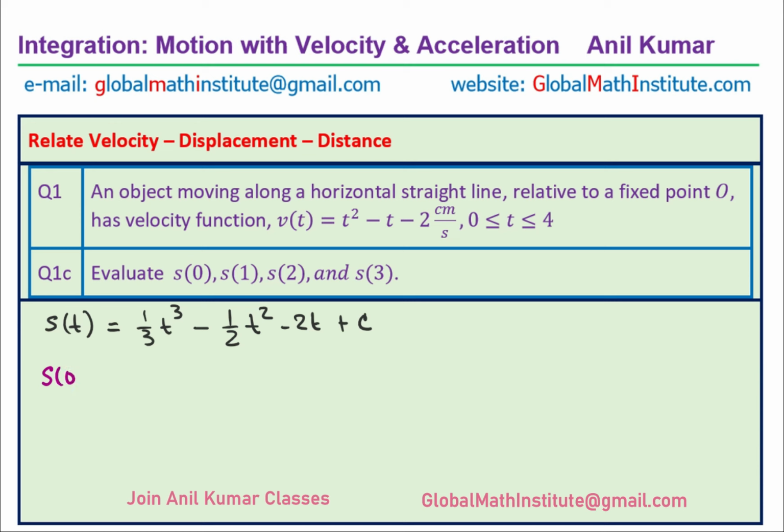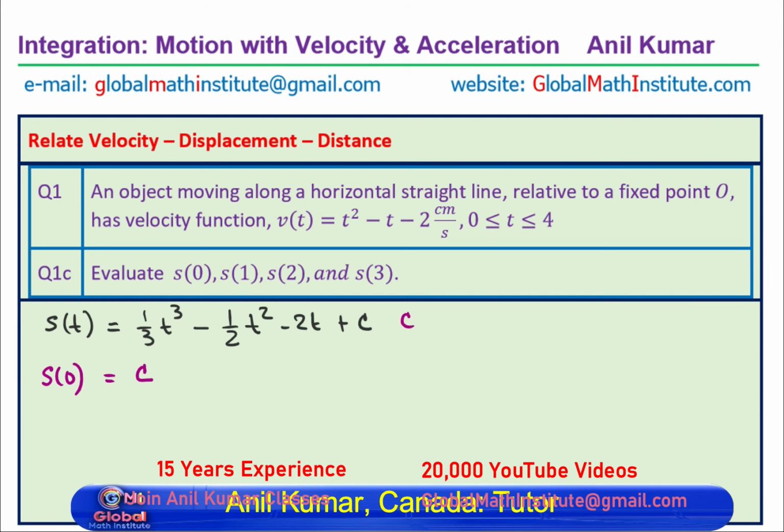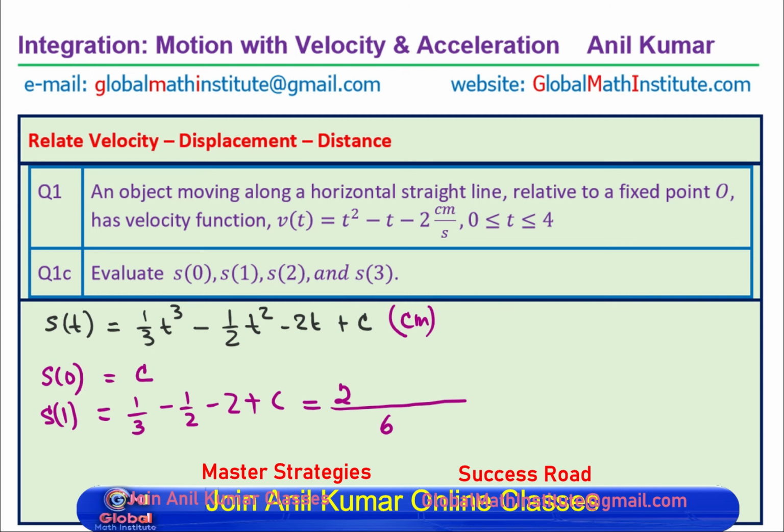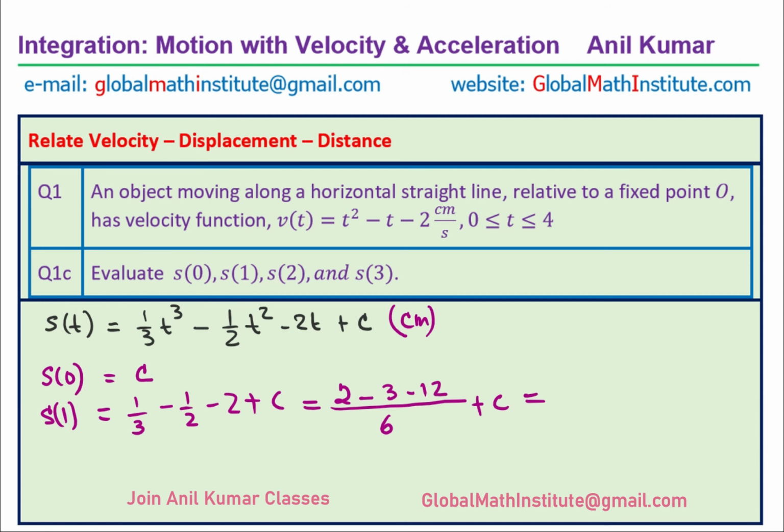So s of 0 will be only c, correct? All the units are in centimeters, right? Okay. Now what is s of 1? When t is 1, I get 1/3 of 1 minus half minus 2 plus c, correct? So that gives me, it's good to have a common denominator of 6 here. And as you get, 1 times 2 will make common denominator 6, minus 3 minus 12, right? Plus c. And that gives you minus 13 over 6. So 2 minus 3 is minus 1, so we get minus 13 over 6 plus c